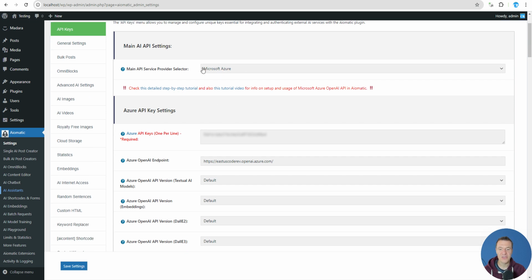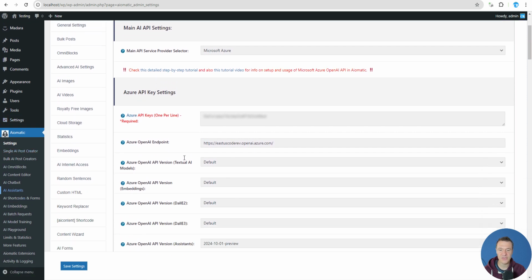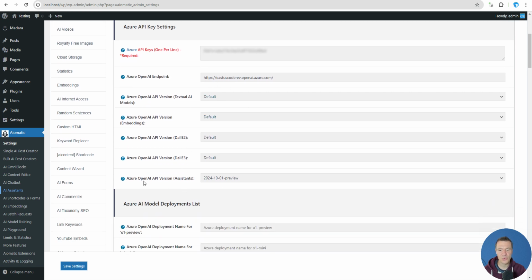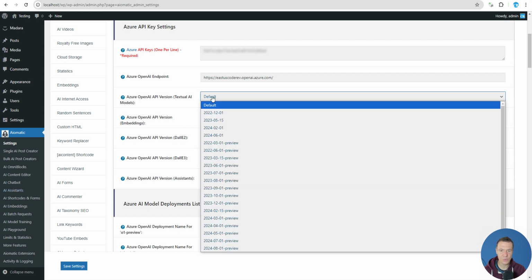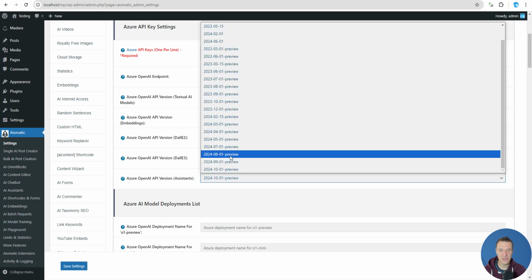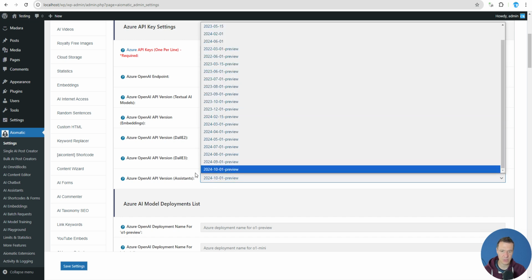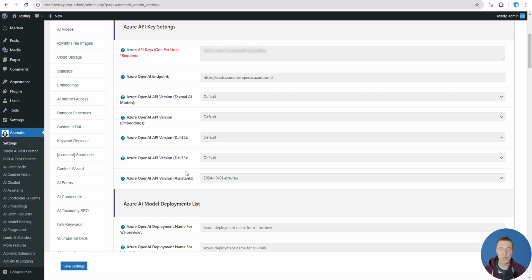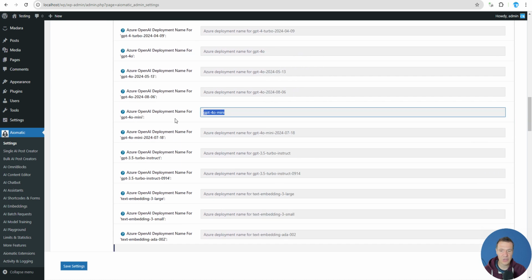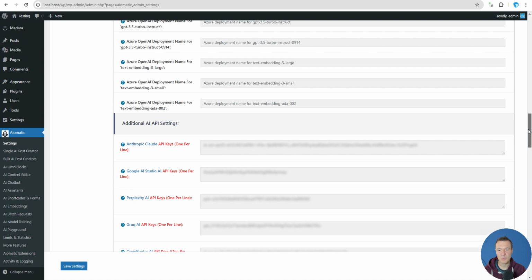So for this, set up your OpenAI API in the settings API keys tab, add your API key from Azure, add your endpoint URL here. You can also select the API version now that you want to use, because this was not possible until now. So in the assistants, be sure to select a recent version, because assistants were added recently only to Azure OpenAI API. Okay, so afterwards we can set up a deployment and add a deployment name, but we can also go